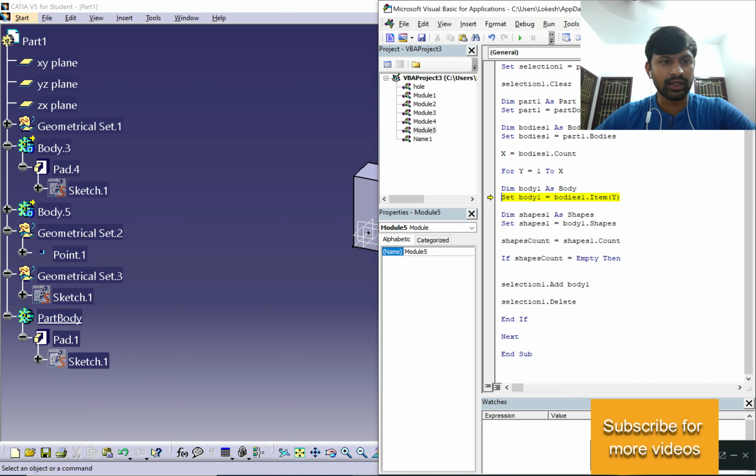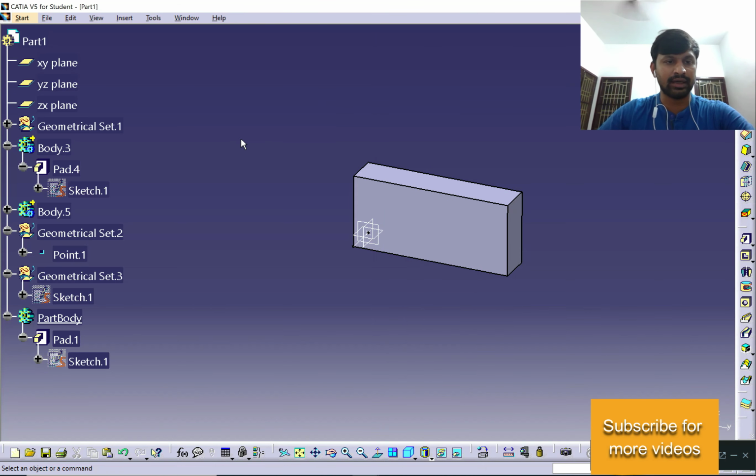I don't know what Body 4 is, so I'm going to find it out. Okay. Yeah, now I understand, because the deletion is inside, when it deletes, the body numbers keep on changing. In this case, it has to be outside. Okay. Stop the code and try to run it again.